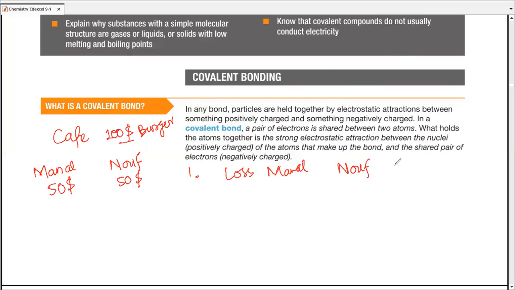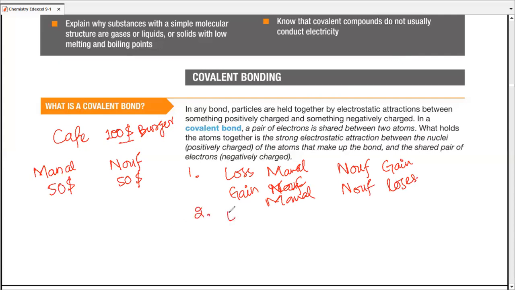So the opposite may occur. That is another option. Manal might gain from the loss of Nof. Nof actually gives her $50 to Manal. Manal goes to the cafe, buys her favorite burger, eats the whole burger without even giving a kind look to Nof, and afterwards takes a break. And she finally has the self-achievement of gain. Sorry, that's actually Manal, and Nof loses, right? This is one of your options.